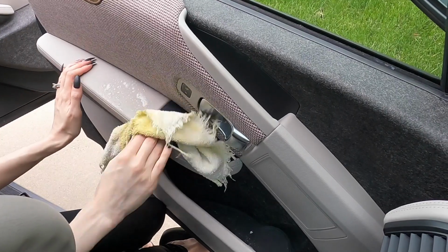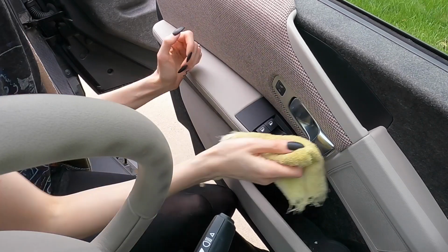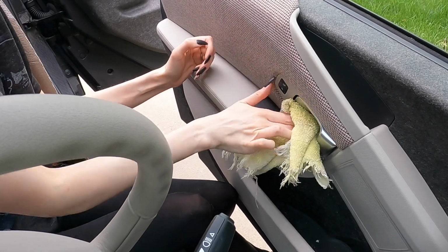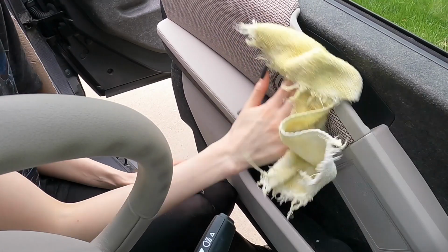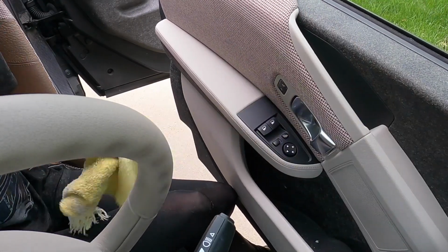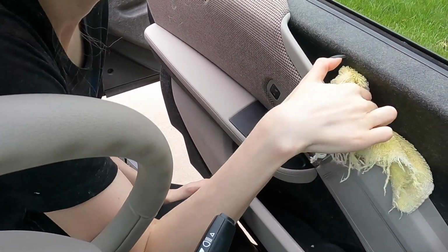I tried to fit the vacuum in there. It didn't really go so well, but I got the rest of the crevices. And if there are any little small nooks and crannies where you can't get little crumbs out or anything, I like to use toothpicks. Or if you're worried that toothpicks are going to damage, sometimes I'll use, like you'll see here, a